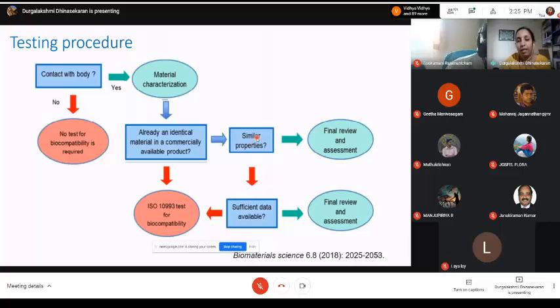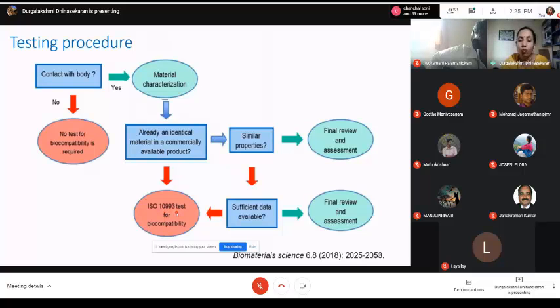If the property is different, and if sufficient data is available on the new material and the earlier material's structuring or processing, then it will go for a final review. If the material property is different and we don't have sufficient data, then we go for biocompatibility testing as per ISO